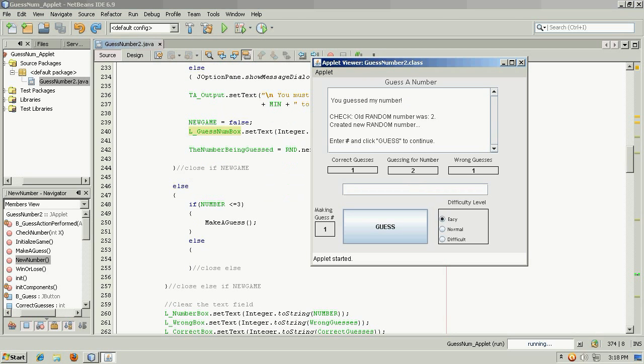Okay, so number 2, enter a number and click guess to continue. I'm going to start out at 3. Number is smaller than that, and now I'm on guess number 2. I'm going to go to 2. I guessed the number on the second guess. Okay, so 2 correct guesses and 2 wrong guesses. Now I go to number 3,